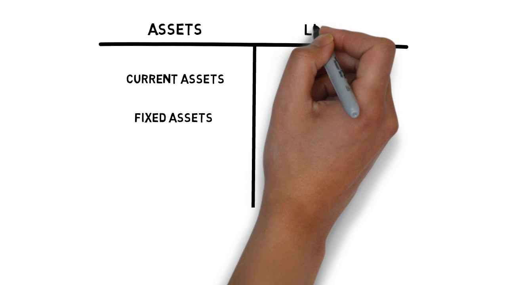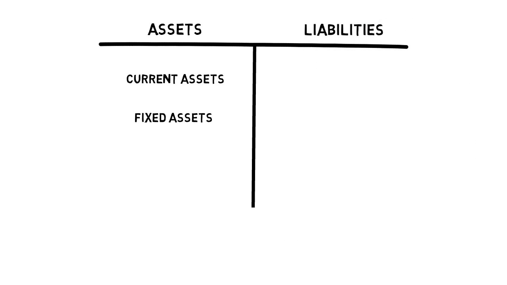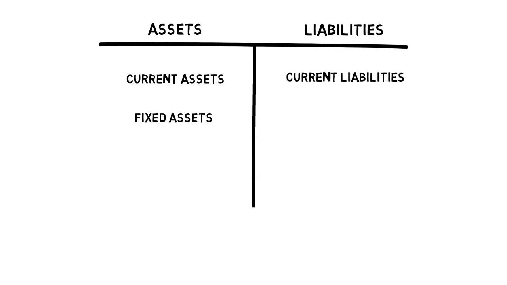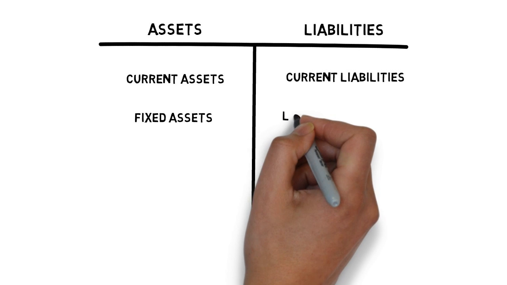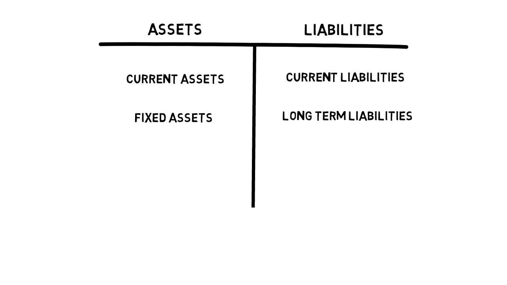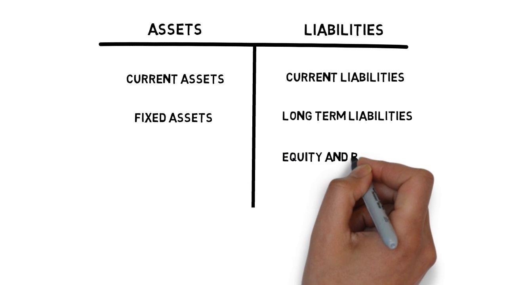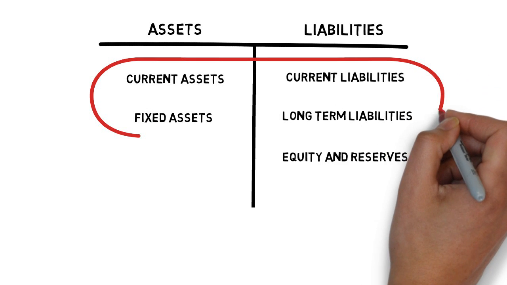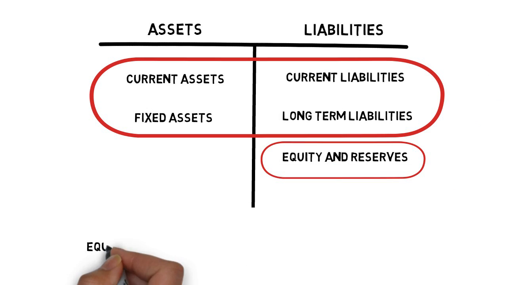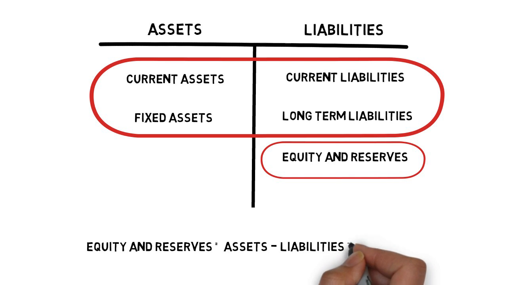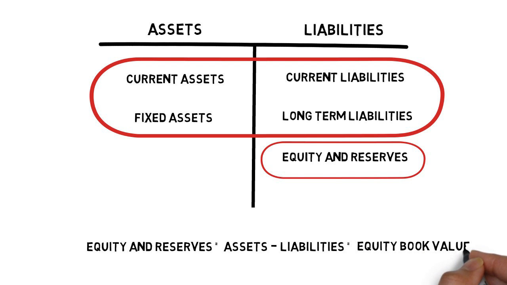On the right side, we have liabilities and equity. Current liabilities represent the debts and obligations falling due within the next year. Long-term liabilities are for debts and obligations falling due after 1 year. Equity and reserves represents the ownership interest of equity holders and by definition will equal the assets less the liabilities. This is also equivalent to the book value of the company, representing the accounting value of what is owned by